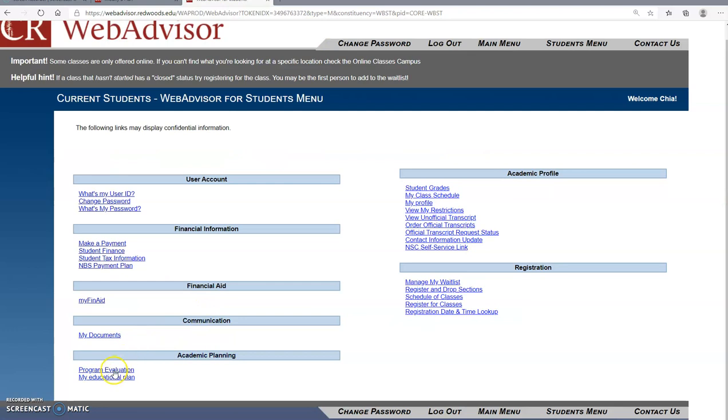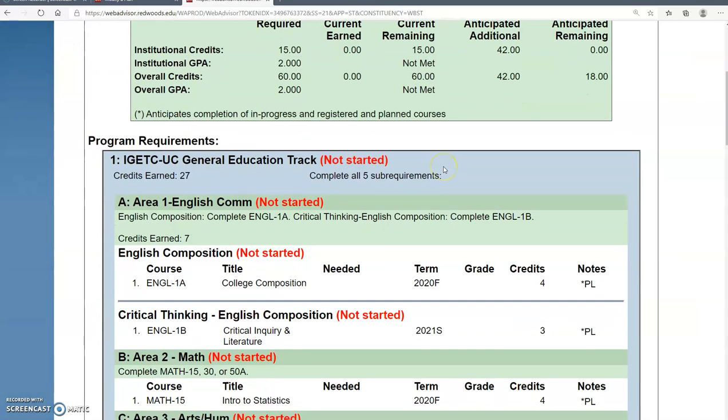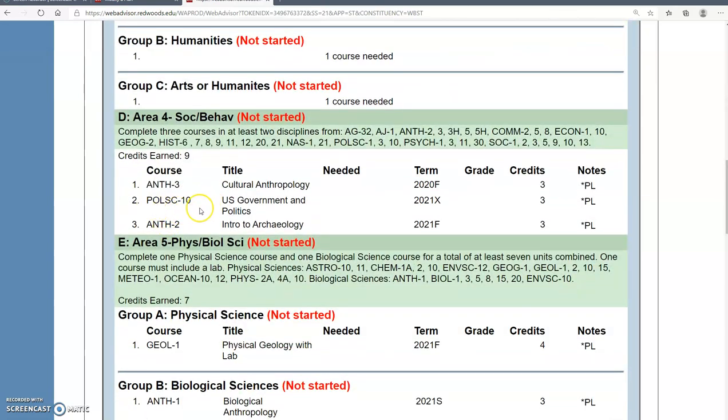Now if we go back to our program evaluation and select Anthropology for transfer, we will be able to see all the classes we added into our student educational plan reflect here. So you can see we added in our English 1B, we have our poli-sci,